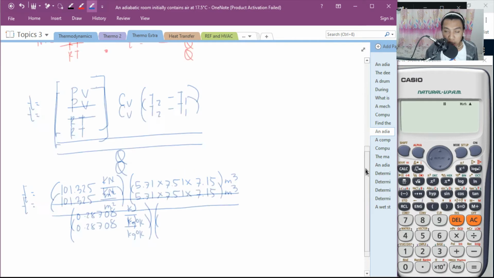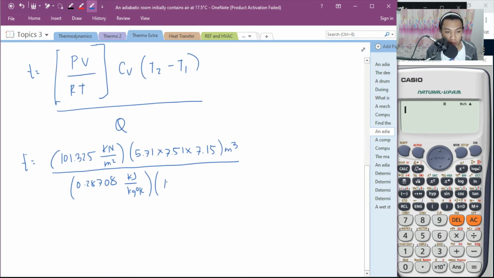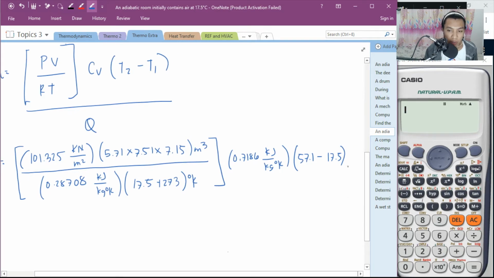Then the initial temperature is 17.5 plus 273 degree Kelvin. Okay? CV, what is CV? 0.7186 kilojoule per kilogram degree Kelvin. Then the change in temperature is 57.1 minus 17.5, degree Kelvin also. All over,